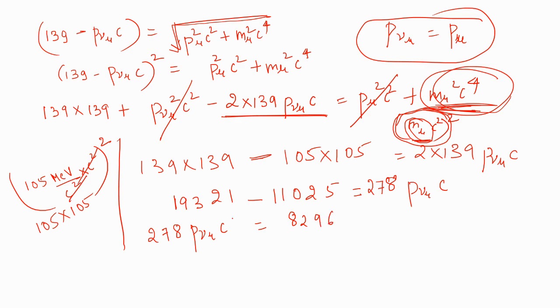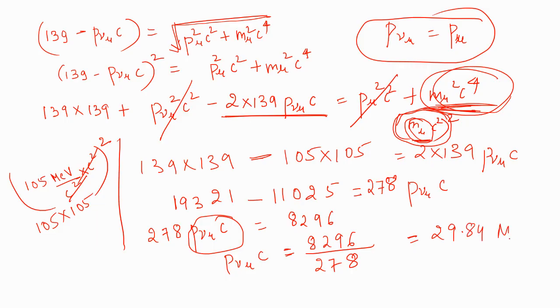8296 it will come. Now this we need to find out, not P, we need to find out PC. The reason I'll tell you. 278 it will come. Now what will be 8296? It will be